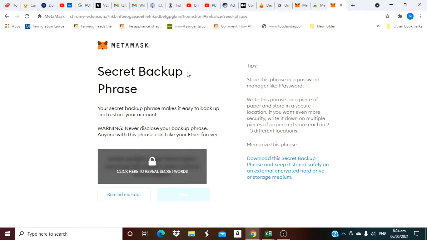So, secret backup phrase. Your secret backup phrase makes it easy to back up and restore your account. When you click here, you reveal your secret. You can equally download the secret phrase and maybe print it or save it on your drive.